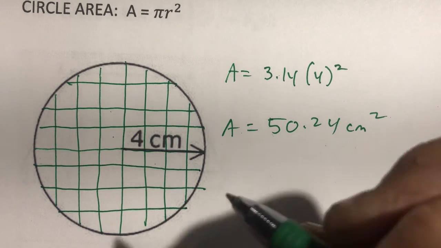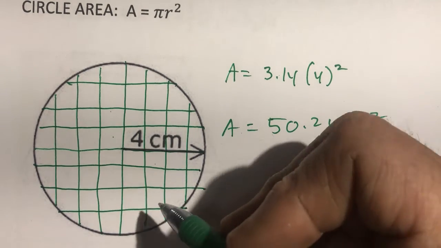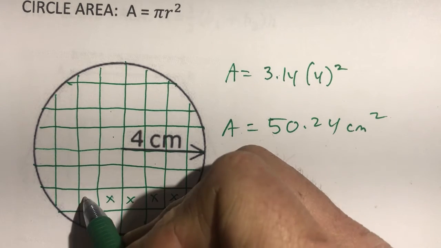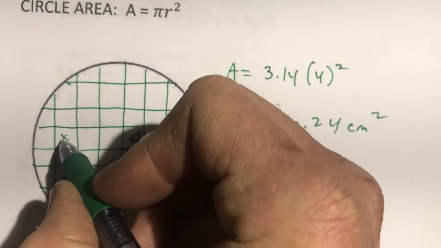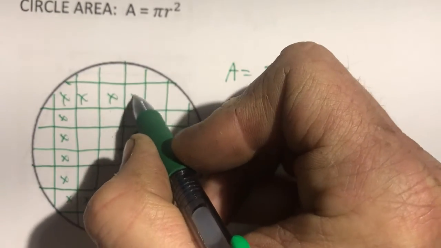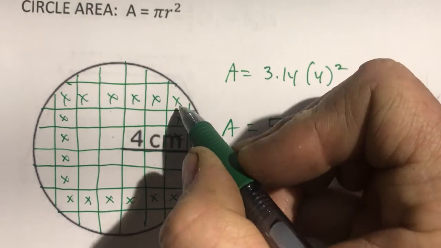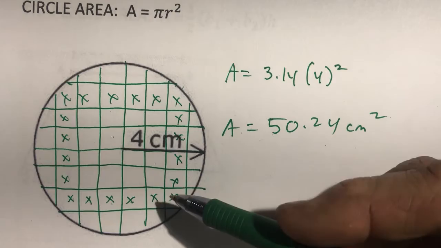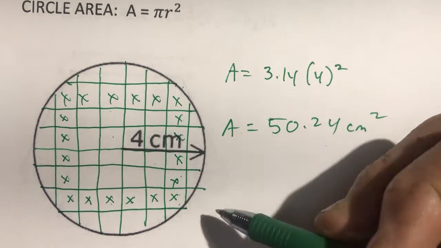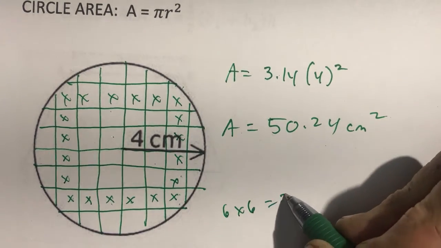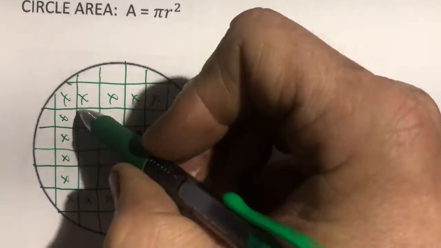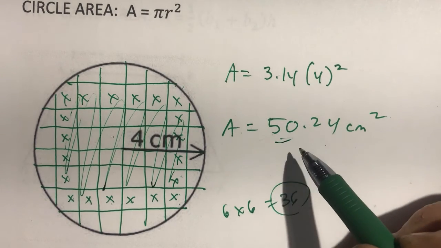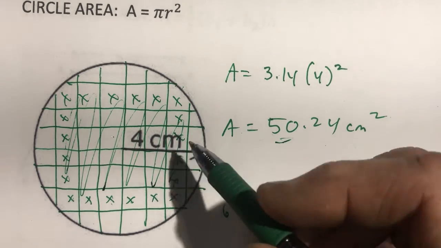Now if you noticed, let's look at the, all right, here's squares. Now this one's almost full. Here's entire squares right here. Close to it right there. If you look at those, there's 1, 2, 3, 4, 5, 6. 1, 2, 3, 4, 5, 6. 6 times 6 is 36. There's 36 squares all right here. Which means, according to what the area is, we got about 14 more outside here. Of course, these are